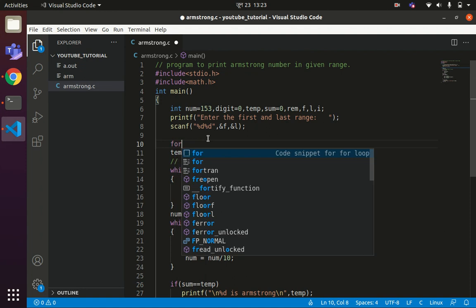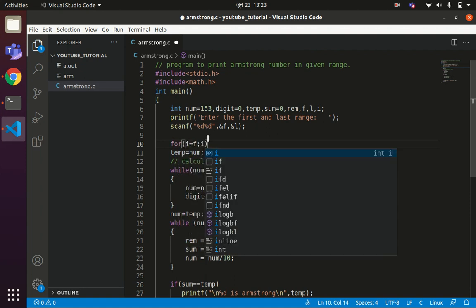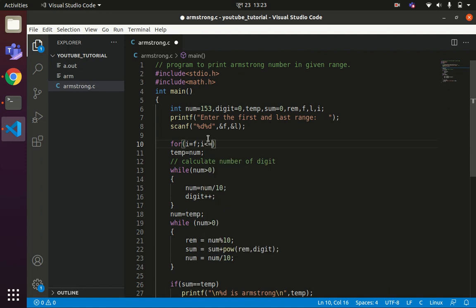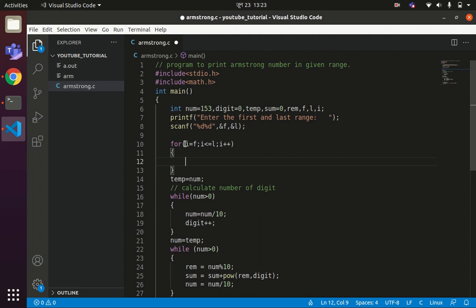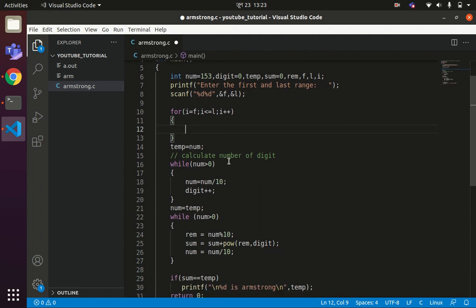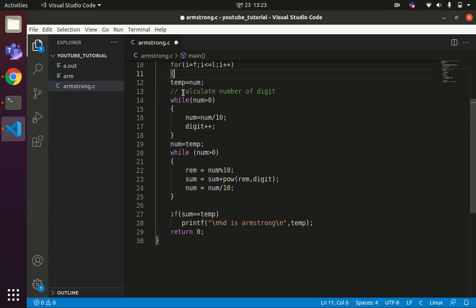For i equals to f, i less than equals to l, i plus plus. For all the numbers between f and l, I have to execute all these statements, so all of them need to be kept within the block of this for loop.